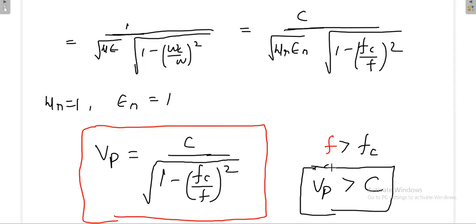Then we have to analyze whether your signal is really going at this speed. Your signal is not going at this speed, because this is not the signal speed. This is the speed of the phase of the signal only. It is not the speed of the signal. It is the speed of the phase of the signal. So you have to be very clear about it. So what is the meaning of this actually?